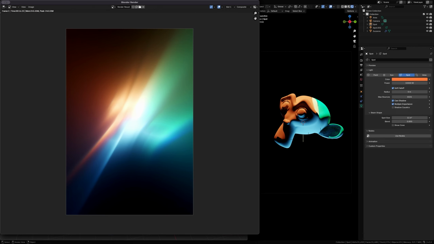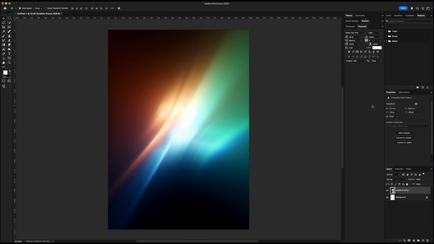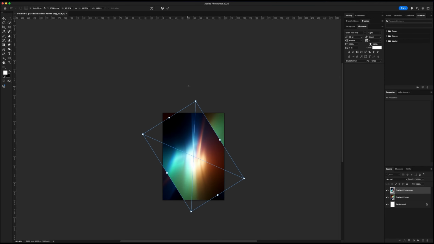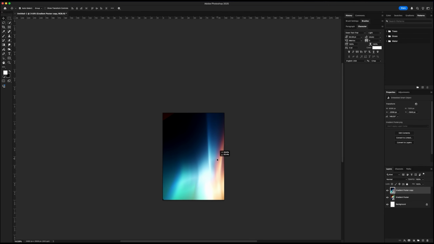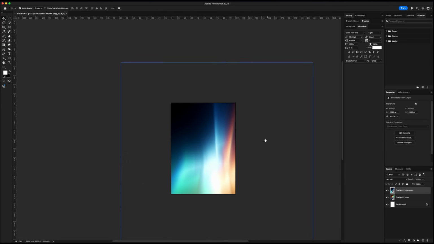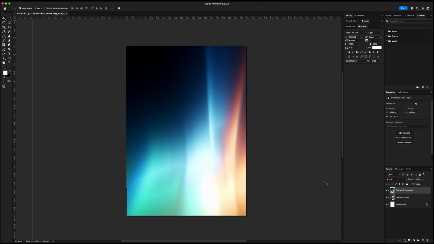Let's move to Photoshop for final edits. Now, this part is completely optional and up to you how you want to use this, but I'm just going to give you an easy example of the use case here. So I particularly like this part of the gradient, so I'm just going to rotate and scale on this part like this. Let's add some noise to give that grunge and grainy effect,